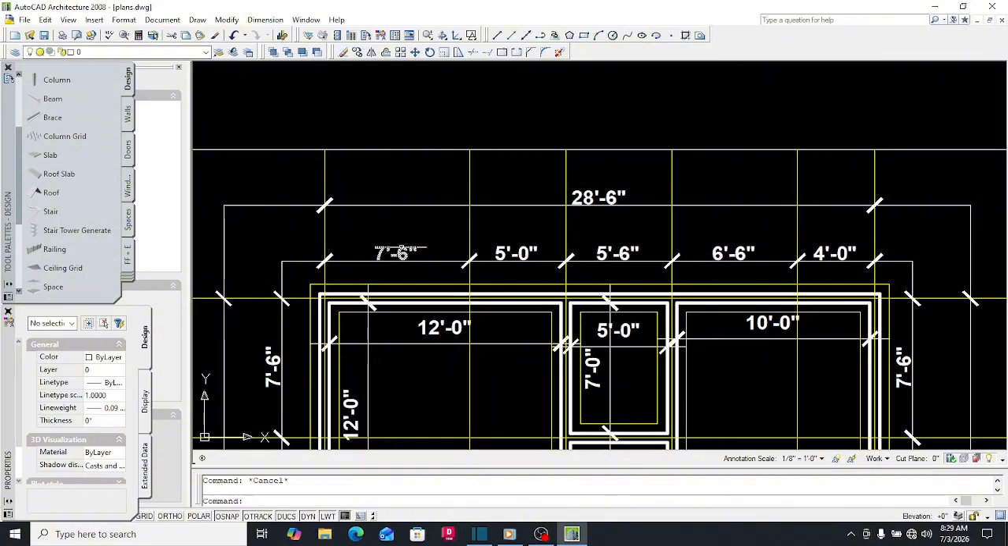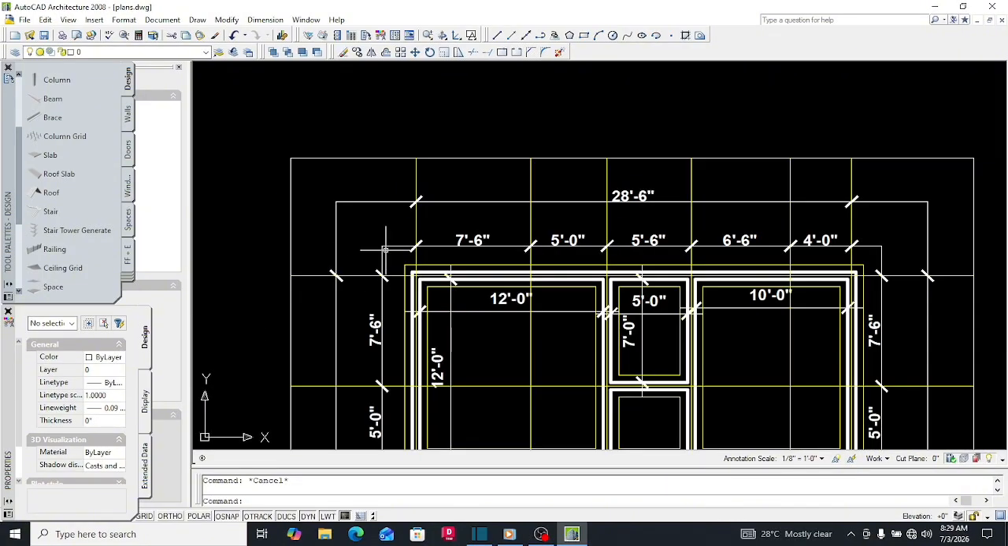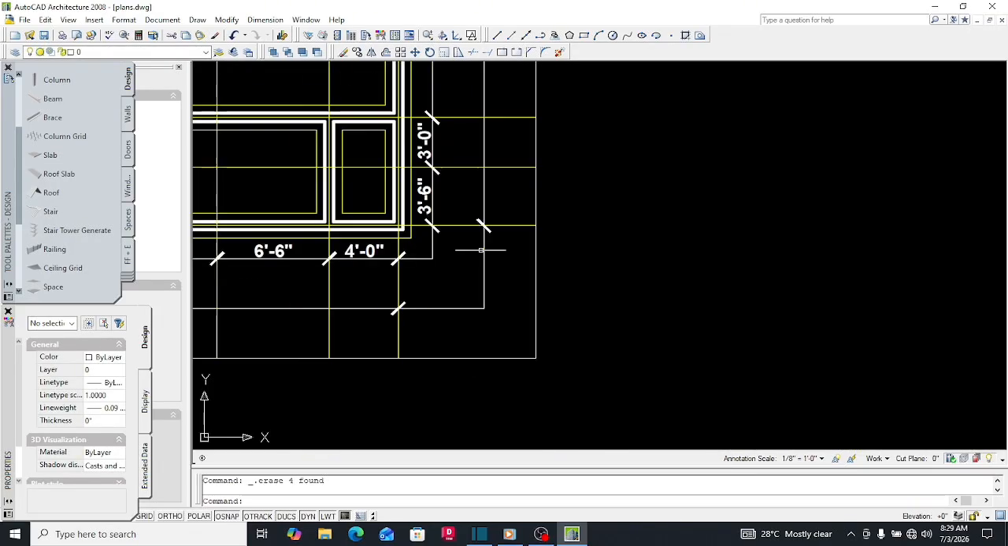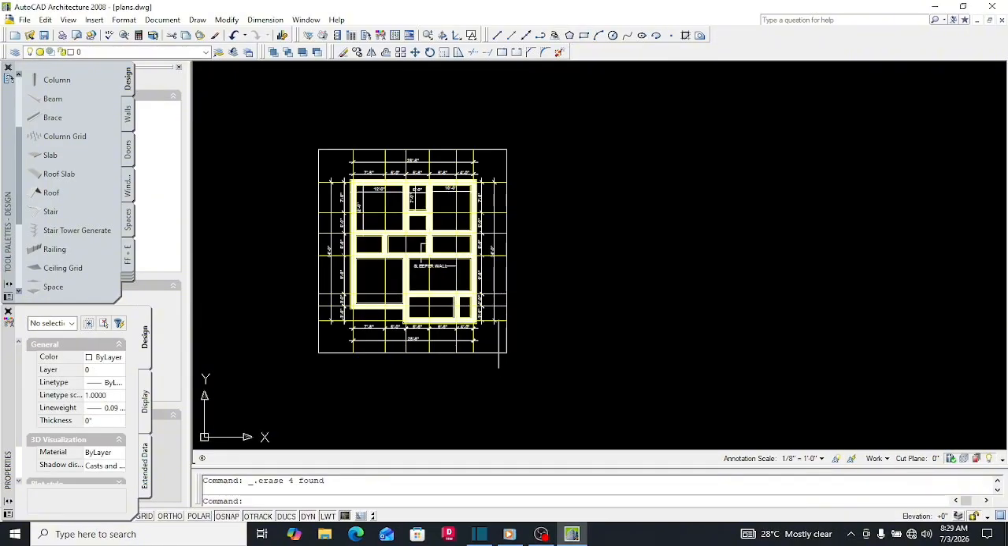All right. You can delete the rectangle, then leave the last one. All right. So now, once you are done with the dimensions of the foundation plan, you have to name each